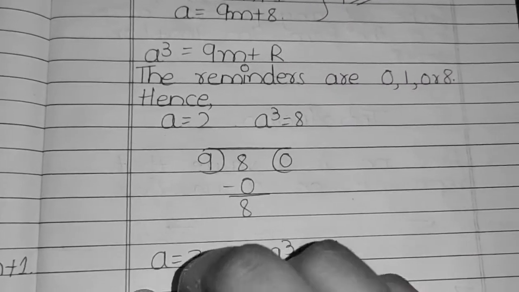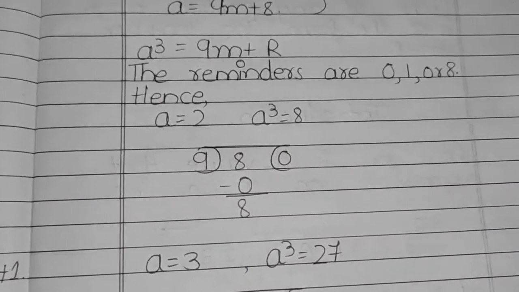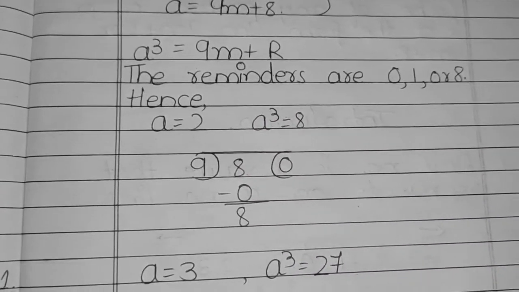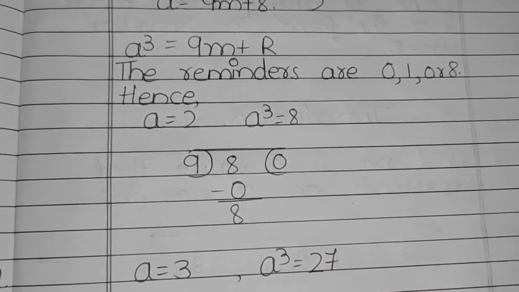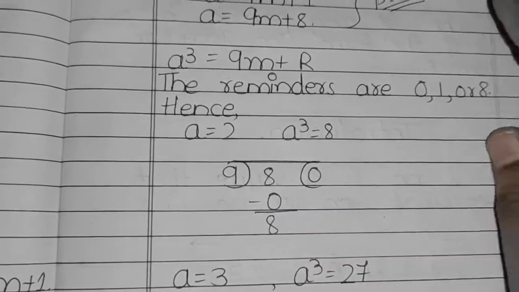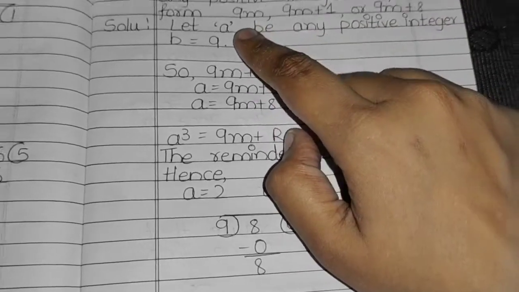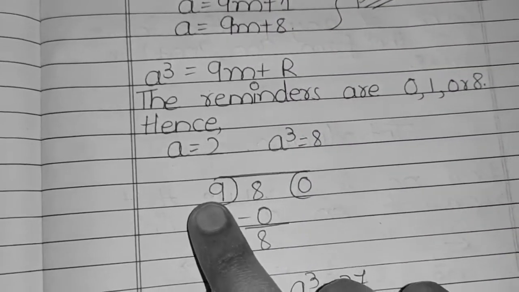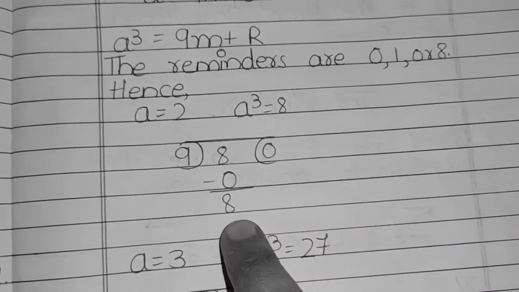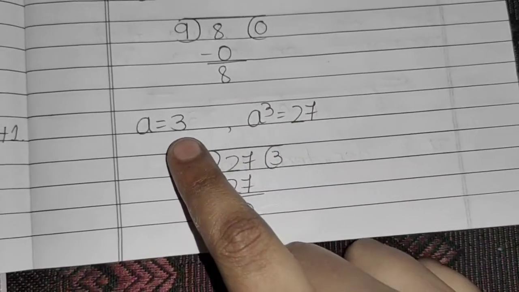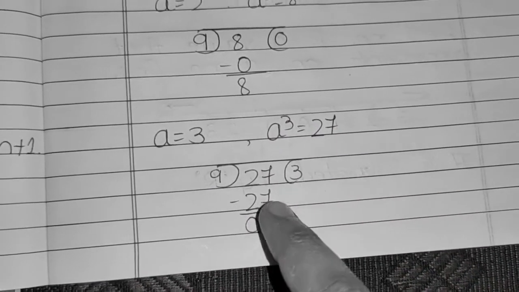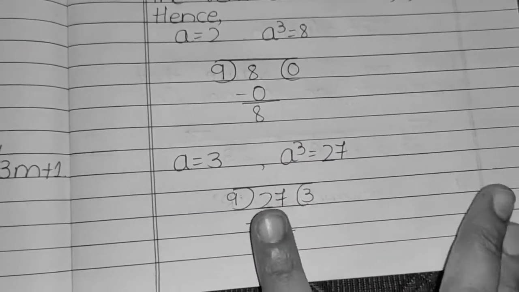So let us consider an example, like last time I have taken the value of a as 2. So a cube means how? A is 2, so a cube will be 2 2s are 4, 4 2s are 8. So let me keep 8, and it will be divided by 9. With the divisor we will be dividing it. 8 is smaller than 9, so 9 0s are 0, 8 minus 0 is 8. Let me take the next example, a is equal to 3, so a cube is 27. 9 3s are 27. Here I have got the remainder as 0.